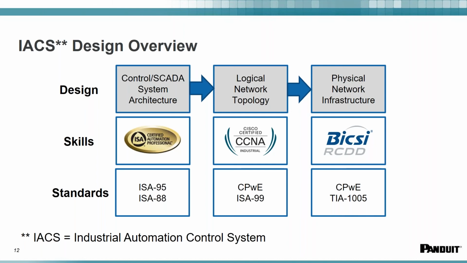But that is not enough to construct a network. You need to take it to the next step. You need to find out how the physical network infrastructure is put together. And to do so, there is a group of individuals that are trained and need to be educated in that space, and they're called RCDDs, which are Registered Communication Distribution Designers. These are communication specialists, if you will, that have been certified by a certification body called BICSI, which stands for Building Industry Consulting Services International.